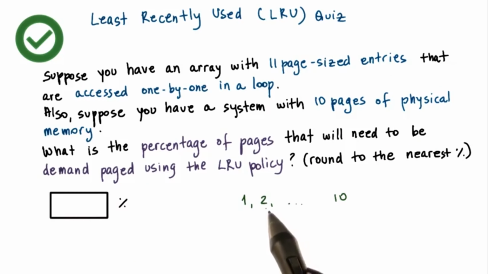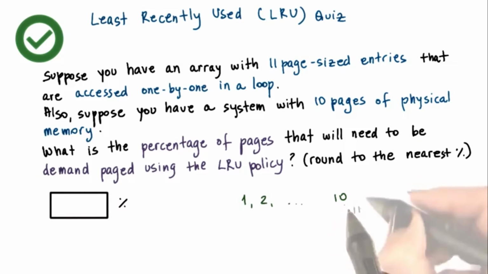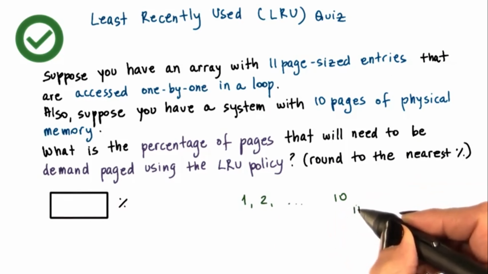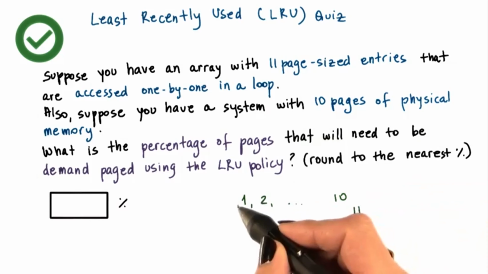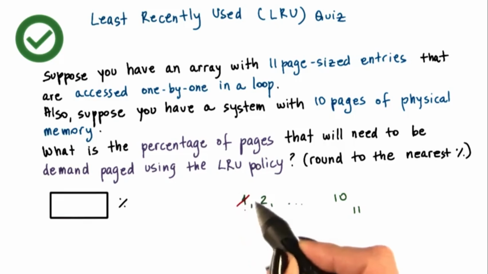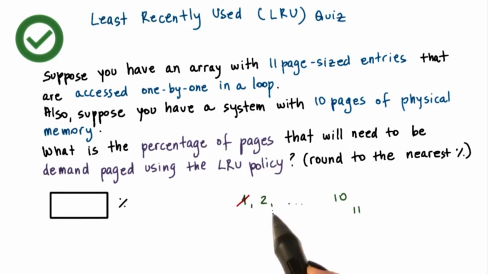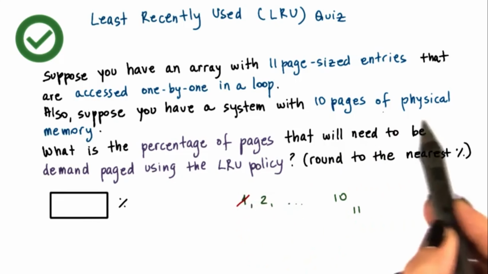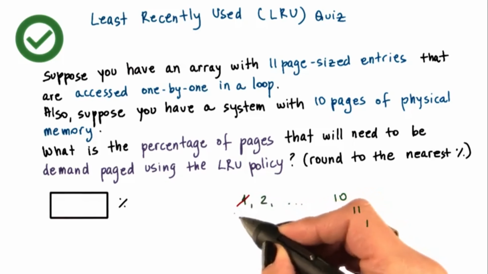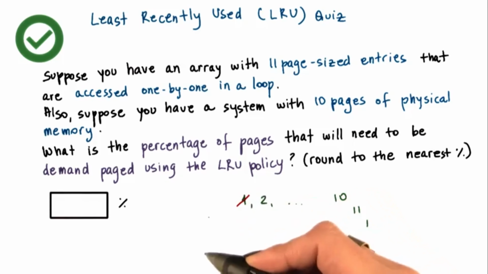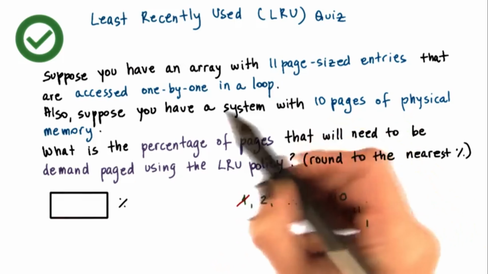First page 9, then page 2, then page 10. Now at this point, page 11 needs to be accessed, and that will mean that the first page, the one that's least recently used, needs to be swapped out of memory, given that the physical memory only has 10 pages. Now the really unfortunate thing is that just as we swapped page 1 out of memory,